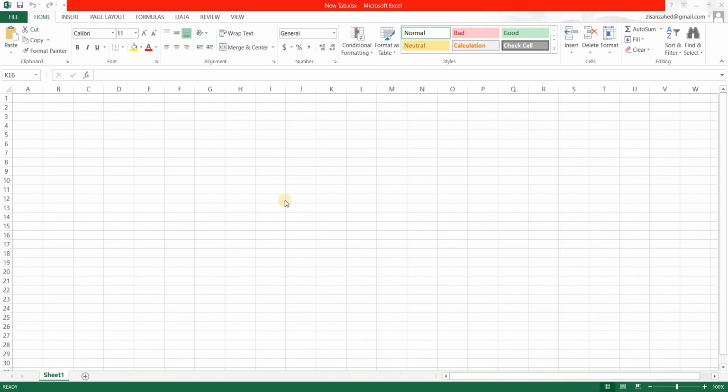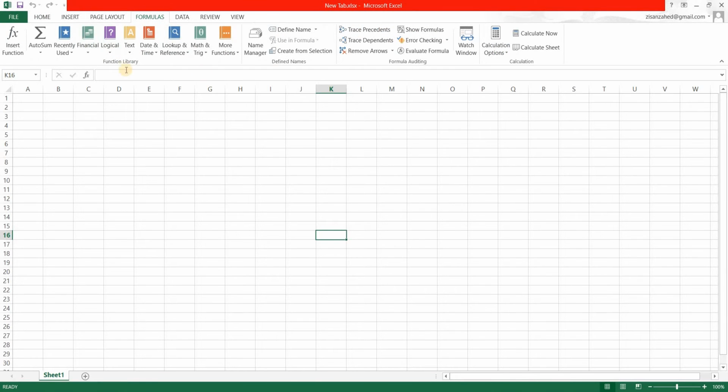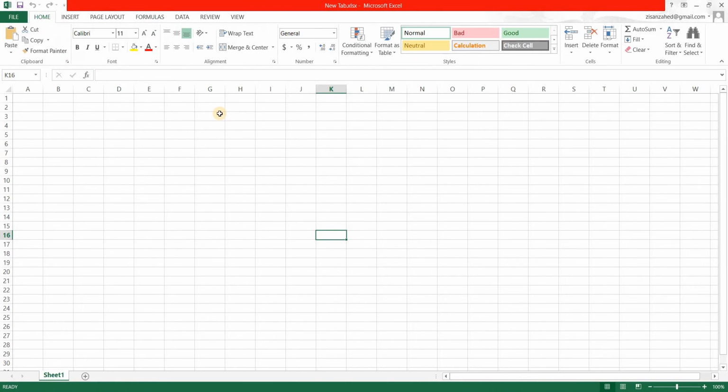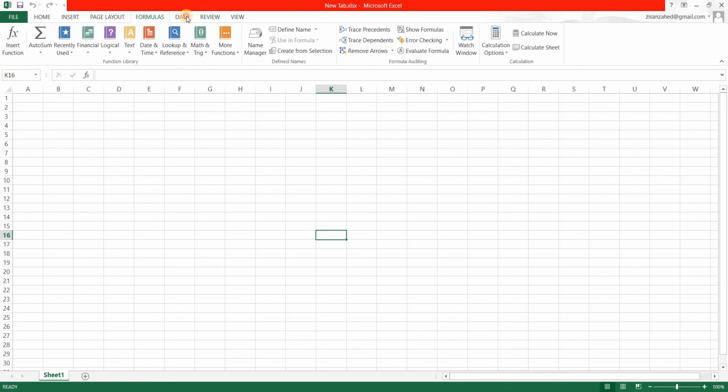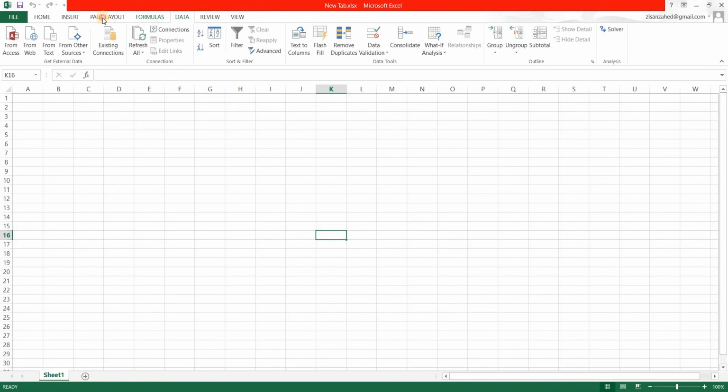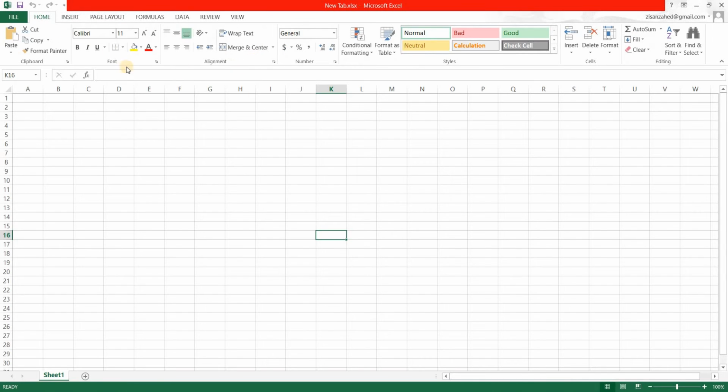Alright, by this time we all know about the tabs and the ribbons in Excel. Now today we're going to see how we can create a custom tab with the applications we want in them. Okay, so to do that, just do a right click anywhere in any ribbon and then go to